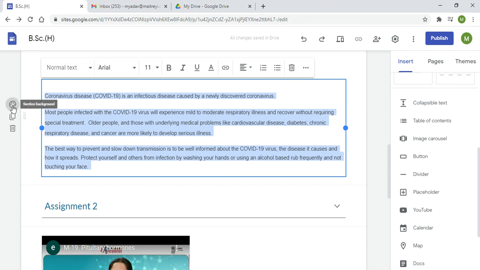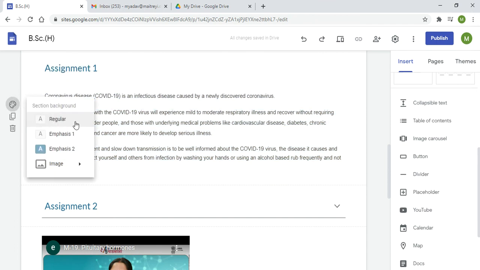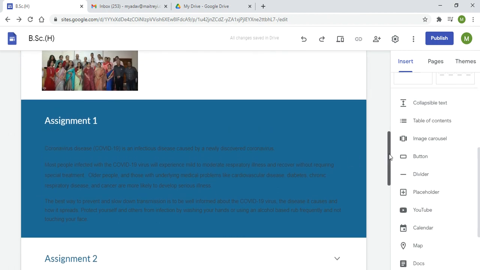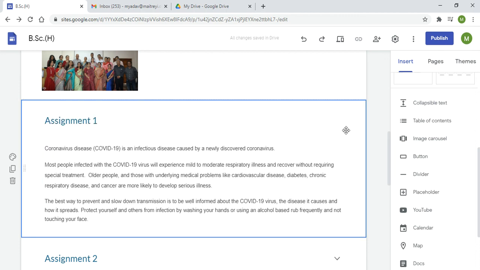You can even do this. For example, this is the regular text. If you want to give an emphasis, you can use this emphasis 1 or emphasis 2. Let us say I'm selecting emphasis 2, so it will create this kind of text box. I don't want to do it, I can do Control Z, so it gets me back to my original